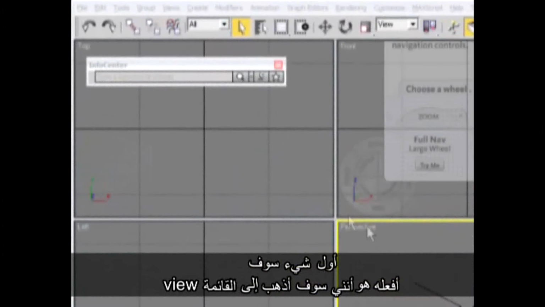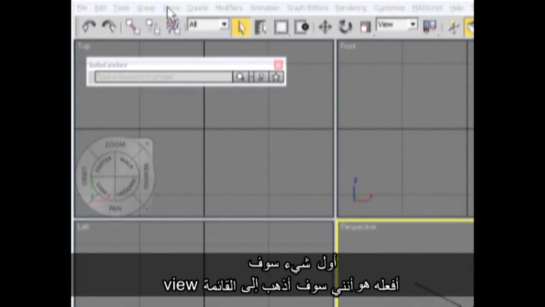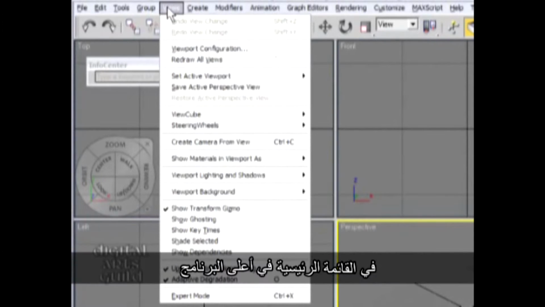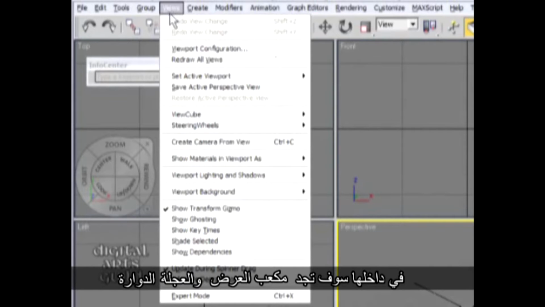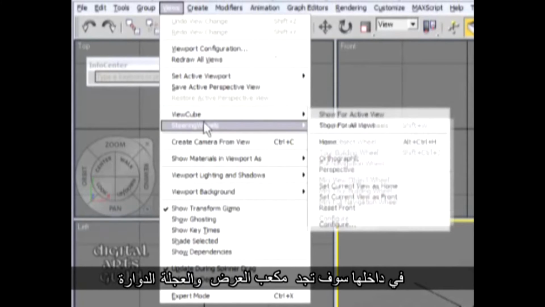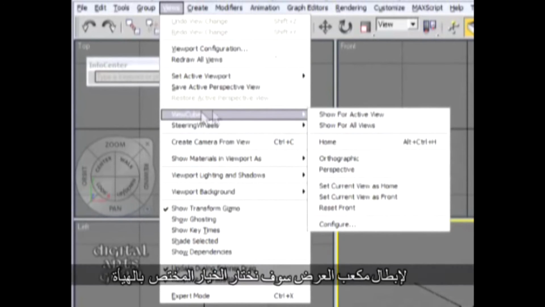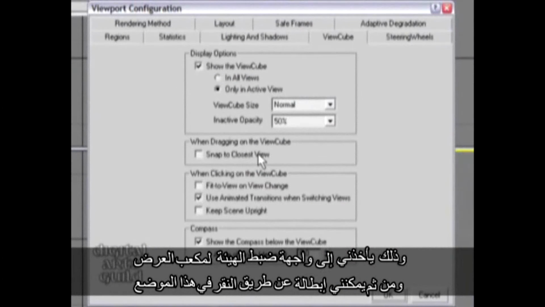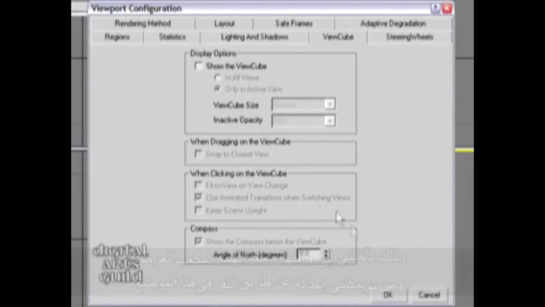First thing I'm going to do is go up to my Views menu in my main menu at the top of the 3ds Max window. Within that Views menu, you'll see View Cube and Steering Wheels. So for the View Cube, to disable it, I'm going to have to go into the Configuration, View Cube Configure. Takes me to the Viewport Configuration dialog, and I can simply flip the switch to disable the View Cube